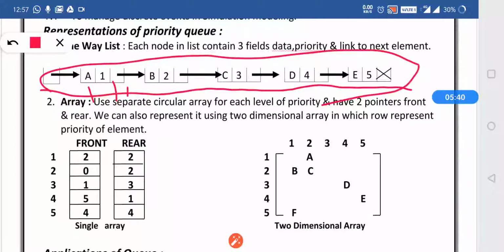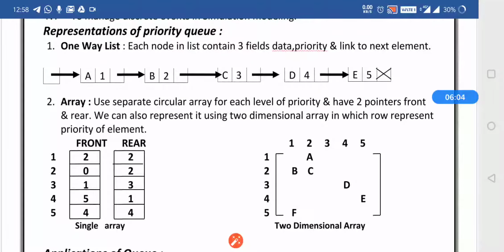Suppose we see this first node: it has data A, priority 1 and the pointer or link. Then the next is data B, with priority 2 and link, and so on. The last element is denoted by null because we do not have any next pointer to point to. So that is one way.